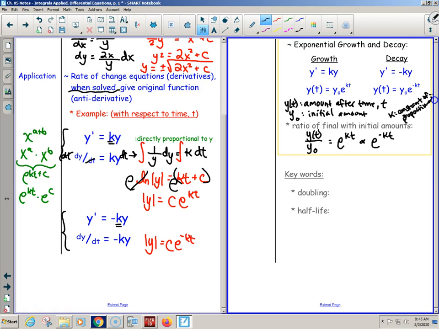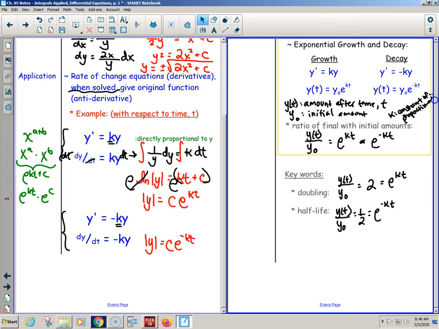Depends on whether you're growing or decaying as to whether you're going to think of it as a positive kt or a negative kt. But we can also just rearrange it a little bit by dividing by the initial. And so doubling, I can actually set that ratio, what I have to what I had, equal to 2. And say, well, if I started with 5, I have 10. If I started with 50, I have 100. If I started with 250, I now have 500. It's like, whatever, the ratio is 2. And I can set 2 equal to e to the kt. And if I was doing half-life, I could set that ratio equal to 1/2 equal to e to the negative kt. And if you guys remember your log properties, let's do green,